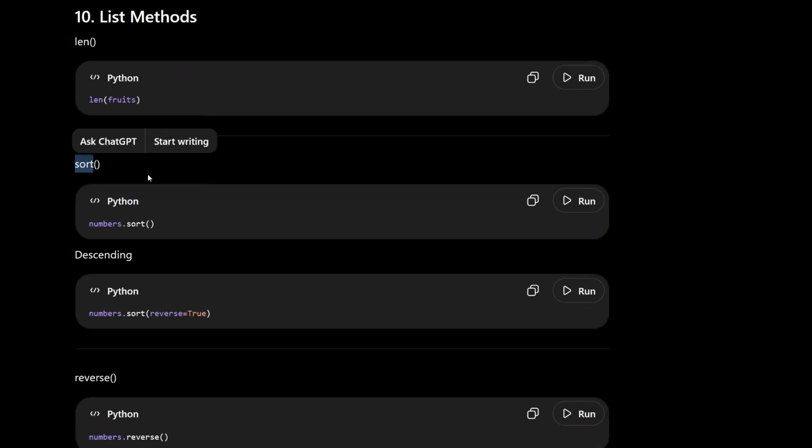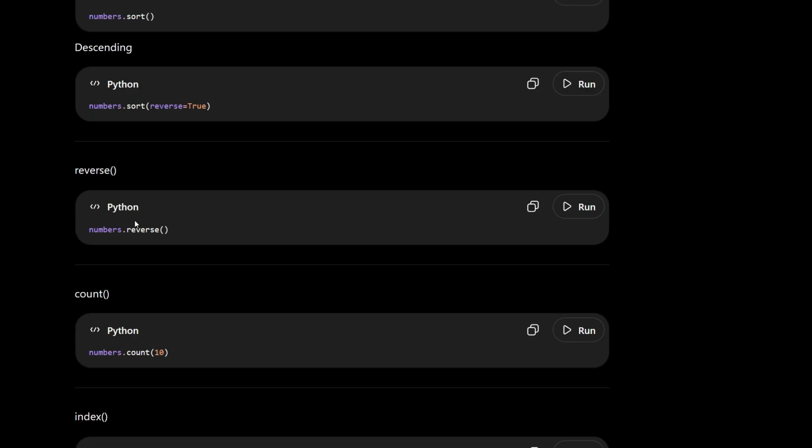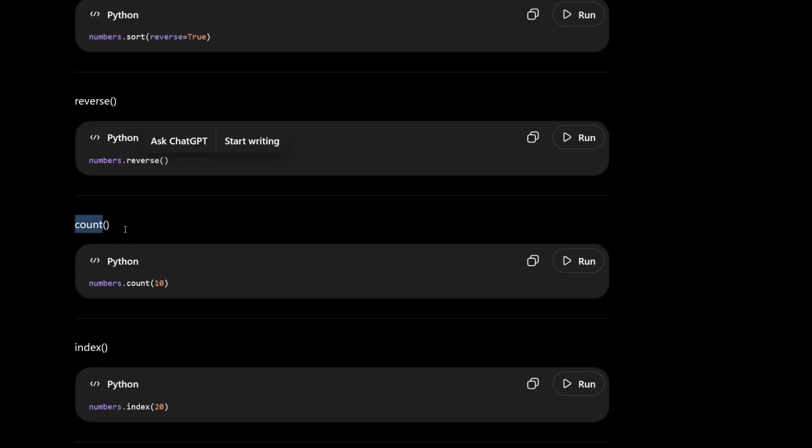The sort function just sorts the list in ascending order. To sort the list in descending order, you just need to write reverse is equal to true inside sort. So when you write reverse is equal to true, it will sort the list in descending order. To reverse the list, you just need to type the list name, put a dot, then the reverse function, so it will return the reversed list. And count,